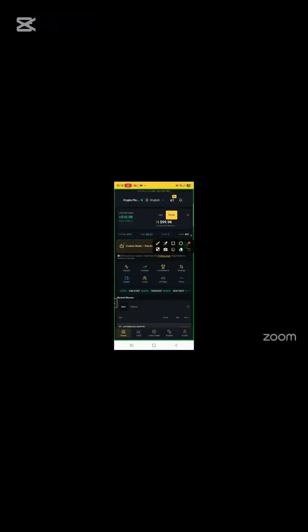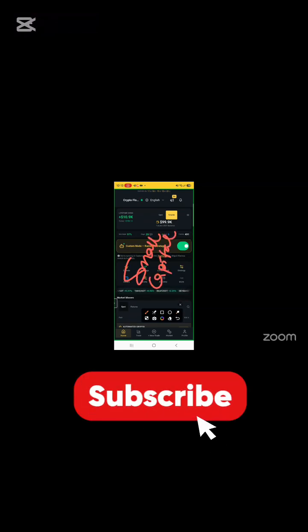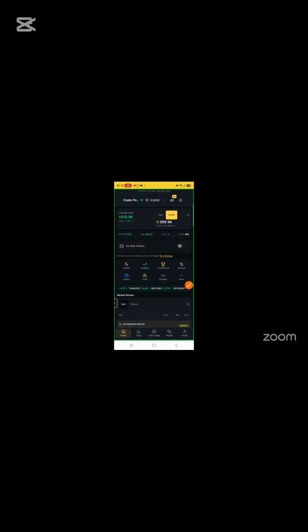Let us start with small capital. Small capital. How do you manage small capital? Small capital using crypto flow bot. Okay, for those of you who don't know, crypto flow bot is an AI automated, AI powered